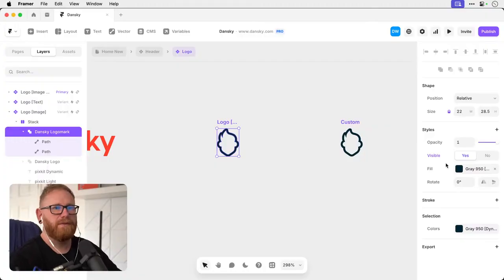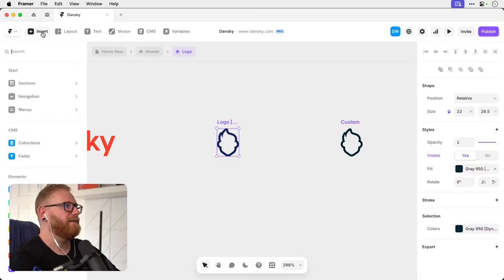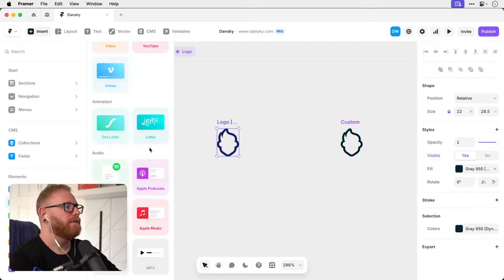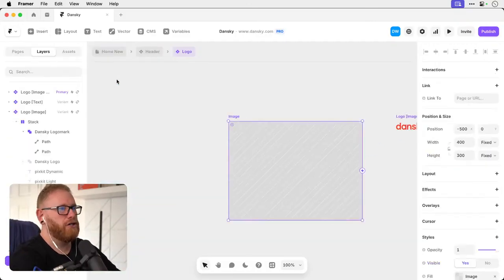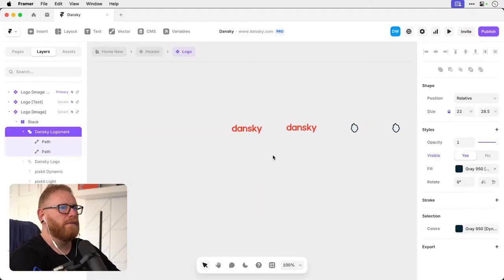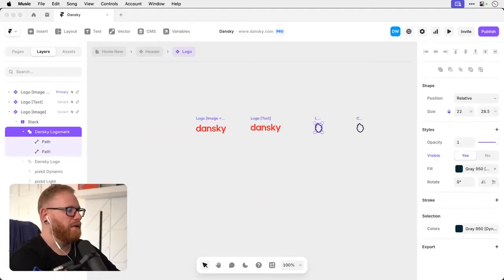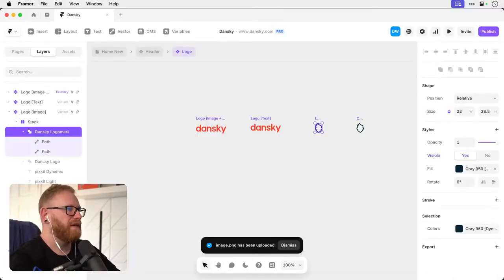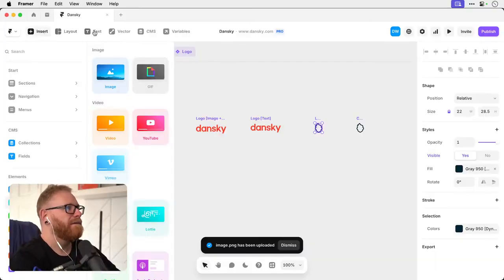So, what are we doing down? Insert. Media. Image. Am I doing this right? Hang on. Oh, actually, wait. Do we just copy and paste? I can't remember how I did this. No, it's a PNG. How do I import an SVG? Oh no, I've forgotten. Vector.